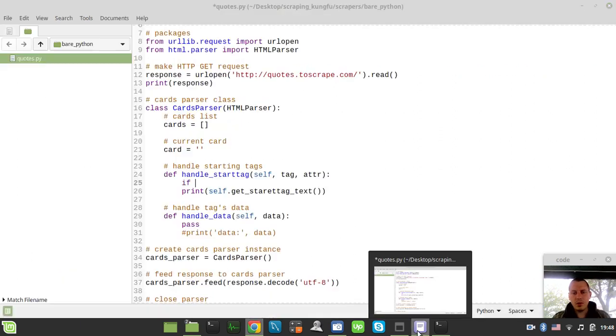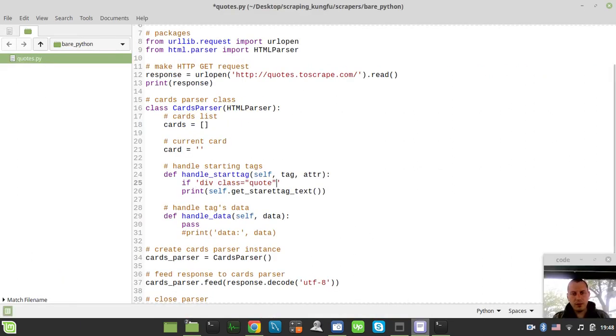So I say if div class quote in self get start tag text, it shows the most recent text that was encountered. So every next tag that's encountered here. So let's try in this case just to print this stuff here. So paste